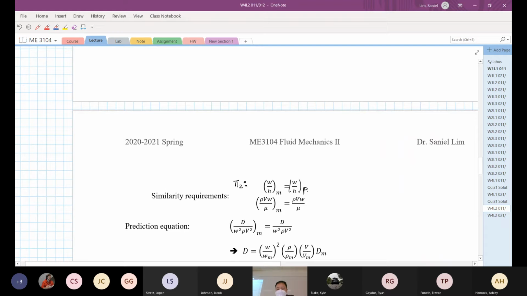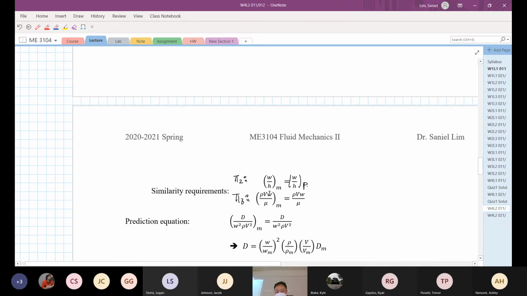Sometimes we put a P like that. Then we have another pi term that has the same number. So when you put all the variables of the model in, that pi term should have the same value as for the prototype. Then finally, if those are satisfied,